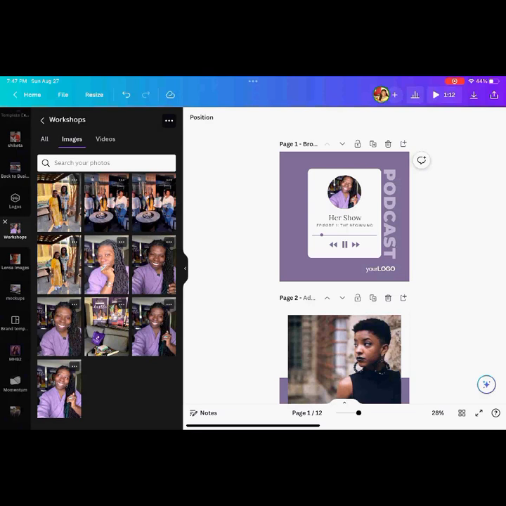Let me see here. Hey, Dee, great idea about the plant. What file extension do we need to use to ensure that the audio file will play when downloaded from Canva? You want to make sure that it's an MP4 video. So when you save it, it's going to be a video. If you do GIF, it'll be animated if you have any animations in there, but there will be no sound. So if you want sound and you want it to play, it's got to be video. Great question, by the way.